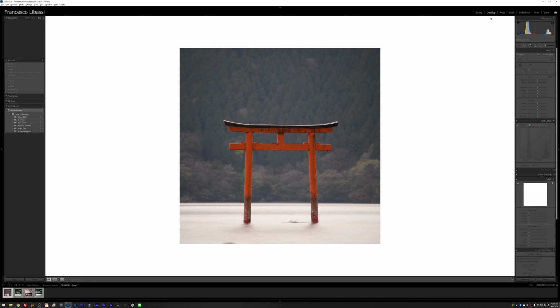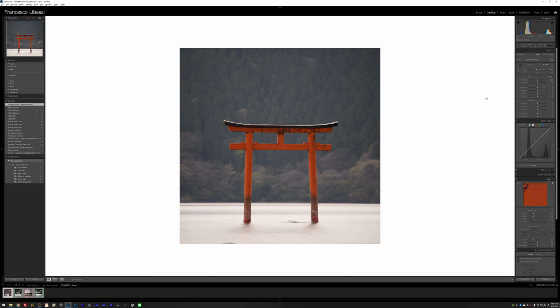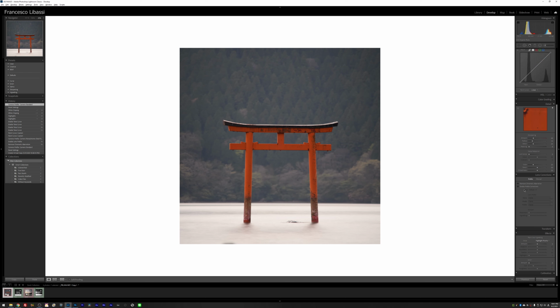Let's go into develop module. And as always, the first thing that I do is always applying these two checkboxes, so remove chromatic aberration and also enable profile corrections. This particular lens that I use, my telephoto, is really old, and if you shoot wide open, the chromatic aberration is pretty severe, so I always recommend to click on this one. And I always click on profile correction, even if Lightroom doesn't have a profile for this particular lens. So as you can see, there is a little bit of barrel distortion here in the horizon line. I'm not going to worry too much about this in Lightroom. I'm going to fix that in Photoshop later on. But I think it's good practice to always keep this open and on for every image.